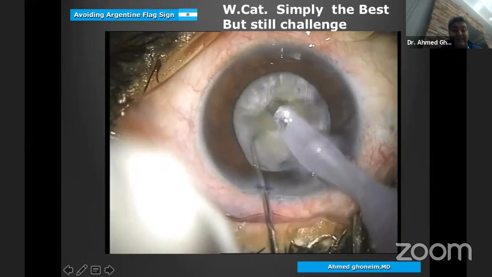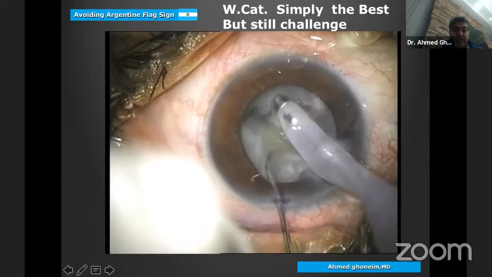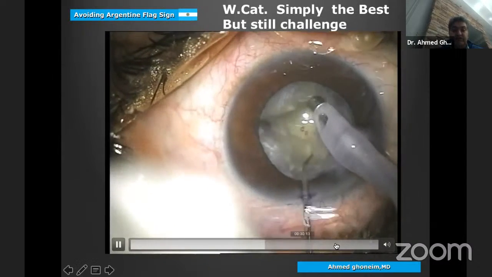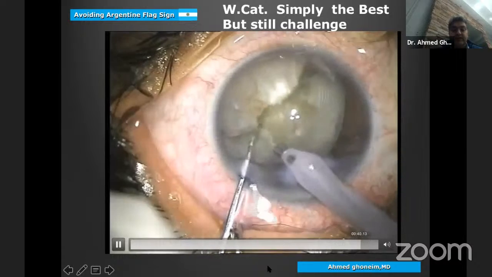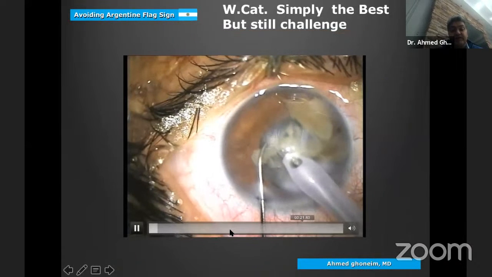So it's better to leave them attached to each other, not totally separating them, and you can continue your case like here. This is not an ideal case, but this is one way to manage such a case, which is a grade 3 white cataract, and also you are not afraid of a posterior rexis extension. And this is the final